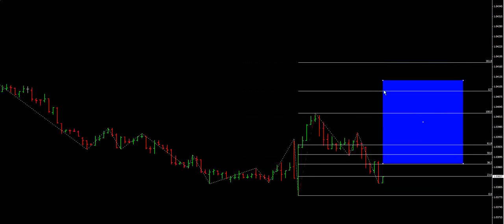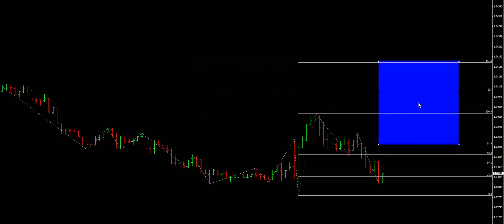38.2 brings us right around the 127 level. Pretty simple. I didn't want you to get too involved with the numbers. I just kind of want you to have a visual of how Fibonacci works. So what we're looking at, again, it's not exact. If this would have been our Fibonacci and price would have come down to